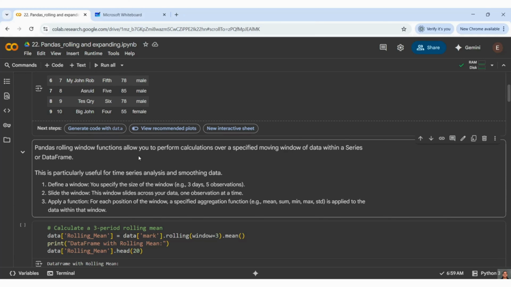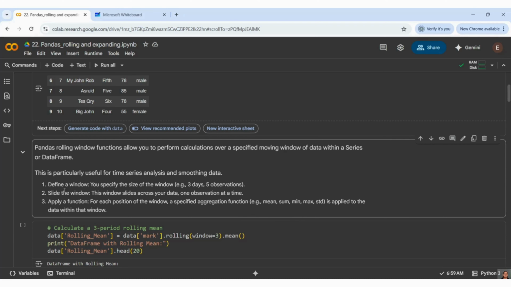The sequential process is: first, you have to define a window, specifying the size of the window as an integer value, like window equal to 3, 4, 7, like that.